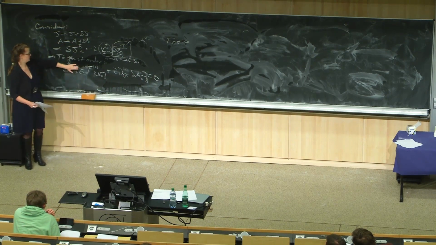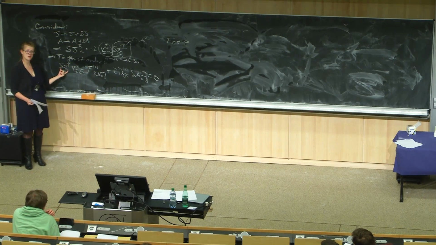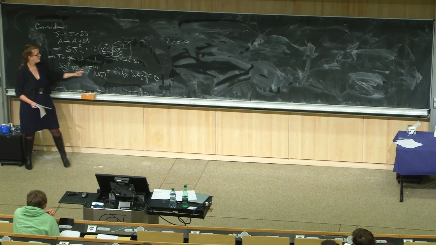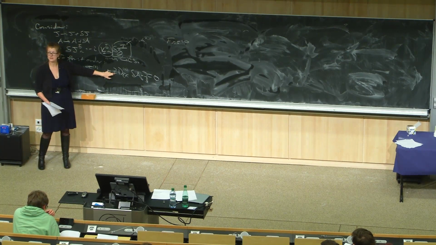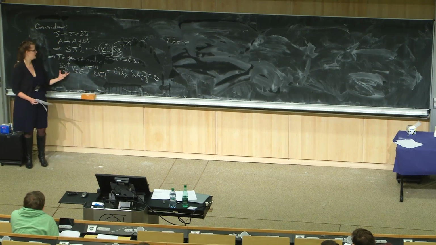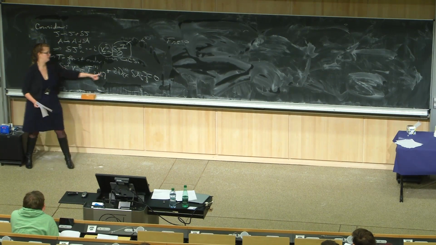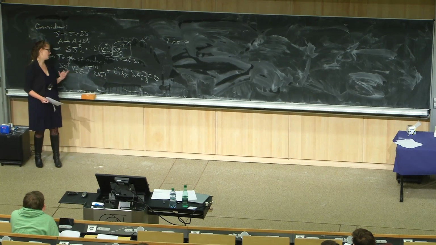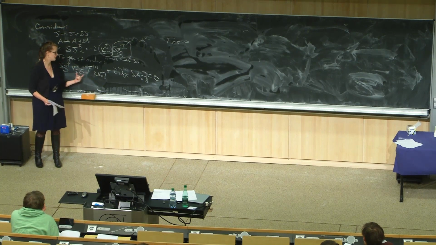If I turn off the variation in complex structure, so set delta z to 0, then I'll be left with just the constraint I had before, namely that the fluctuations of the connection have to be d-bar closed. And if I turn off this term, I will be left with the condition that this fluctuation has to vanish in order for this to still be a holomorphic gauge field.